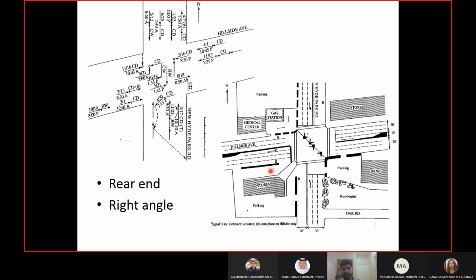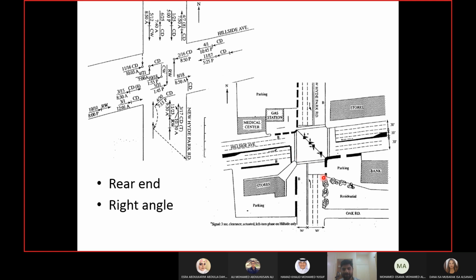Right? It makes sense, right? People who are coming out of the parking areas, maybe they don't have a proper view of the signal, and you are causing the rear end crashes with them. So in any case, maybe they are blocking your view. Maybe they are themselves causing the rear end accident because they cannot see the signal properly until they come out. Or maybe they are coming out when the signal is green because they want to go themselves. So in any case, they may be causing the blockage of the sight distance as well, or they may be having the problem with the sight distance.